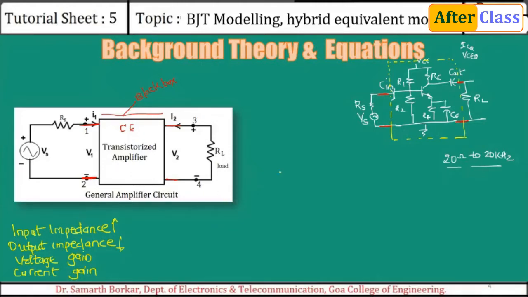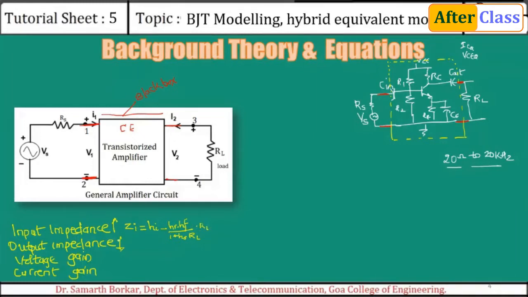Now, if you recollect the impedance equation, for example, let me just write here for your understanding. When we solve the Z parameters, the derivation, what I get is the value of Zi in terms of H parameters. That is Hi minus, this we are going to derive today, HR HF divided by 1 plus H0 into RL.